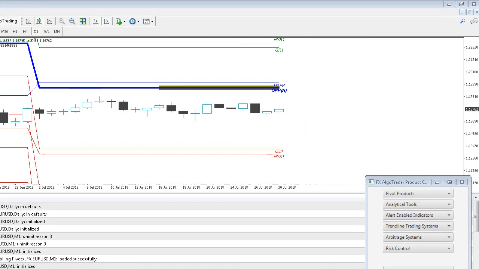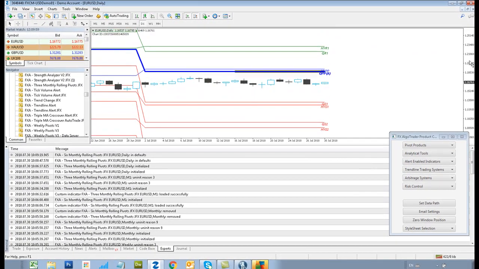This is for the 6 monthly and 3 monthly rolling pivots indicators for MetaTrader 4. So we've got a euro-dollar chart here. It's running on a daily time frame, and at the moment you can see we've got both pivot systems running,